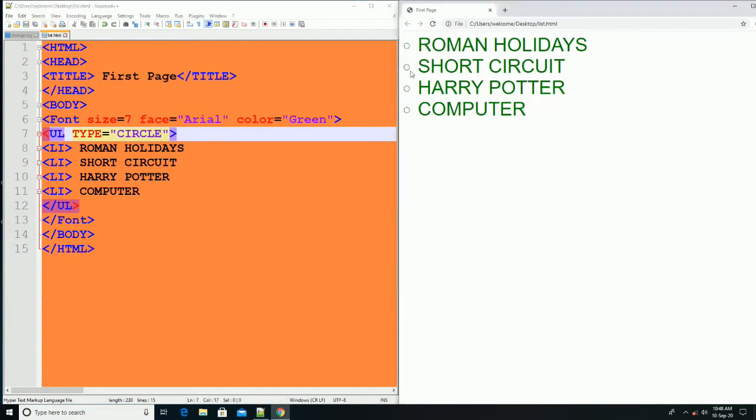And now the circle value, a hollow bullet. And then the square value for the type attribute, for a square bullet. So in this way you can create ordered and unordered lists.